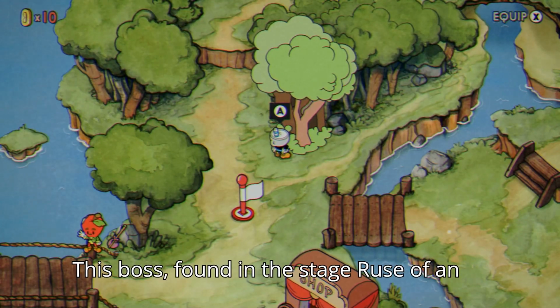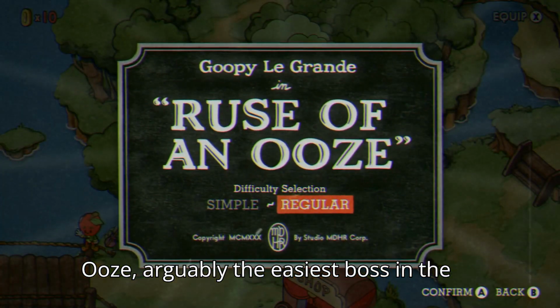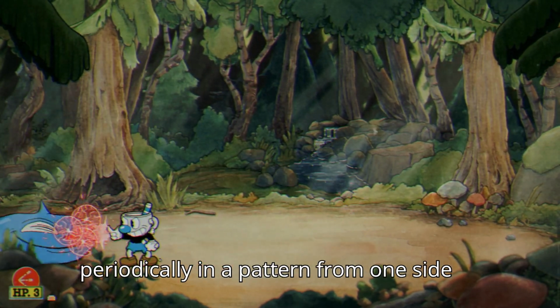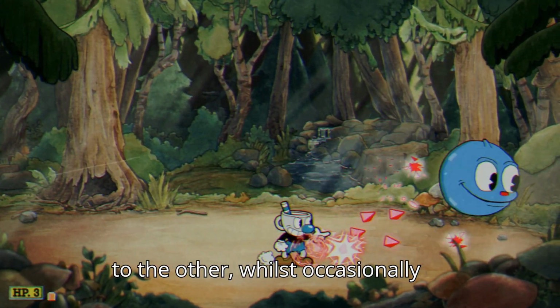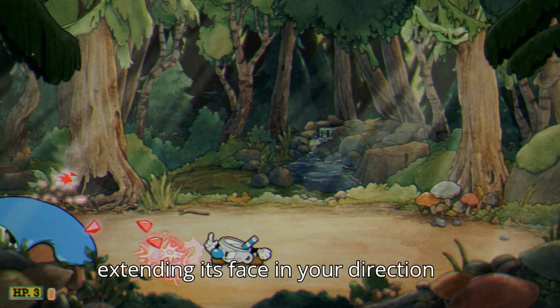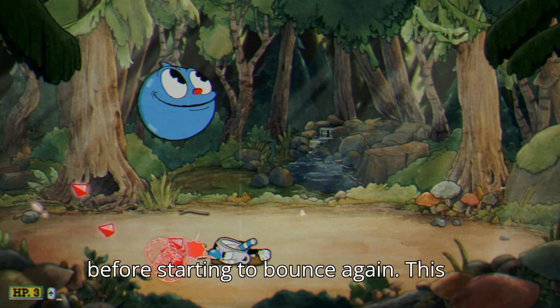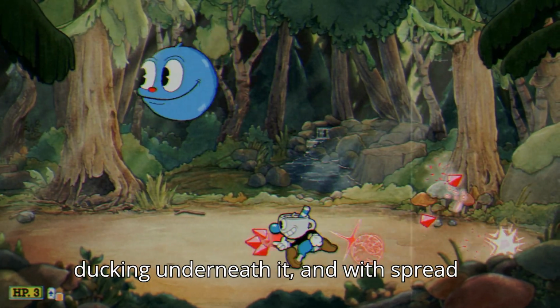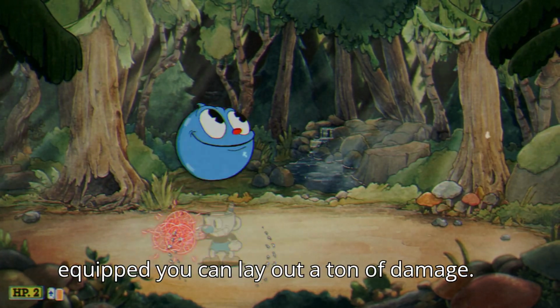This boss, found in the stage Ruse of an Ooze, is arguably the easiest boss in the game. This blue ball will bounce around periodically in a pattern from one side to the other, whilst occasionally stopping to try and land a hit by extending its face in your direction before starting to bounce again. This attack is quite easy to dodge by just ducking underneath it, and with Spread equipped you can lay out